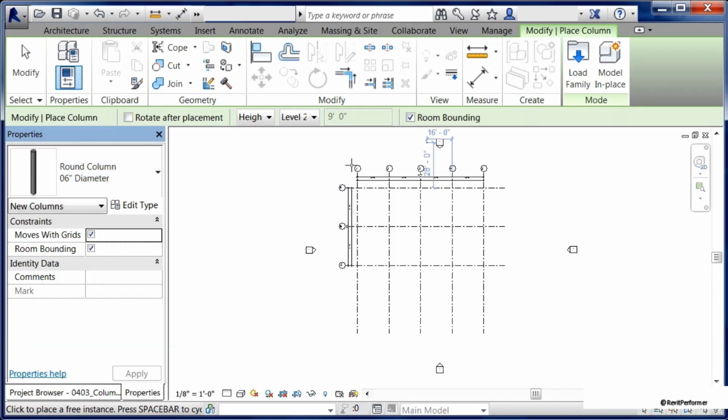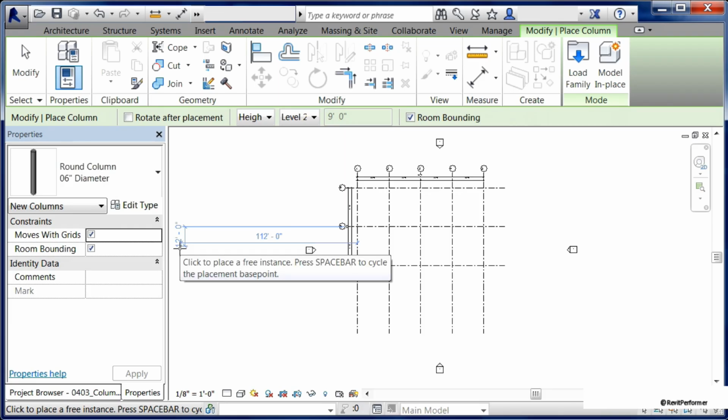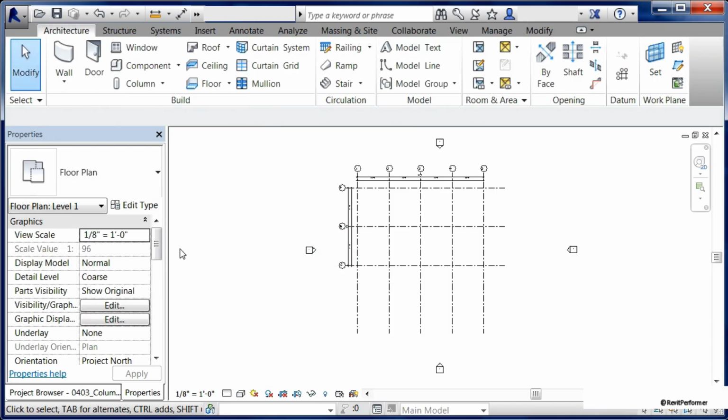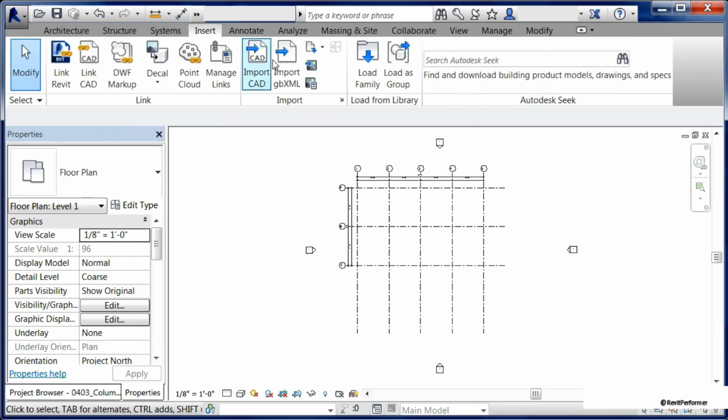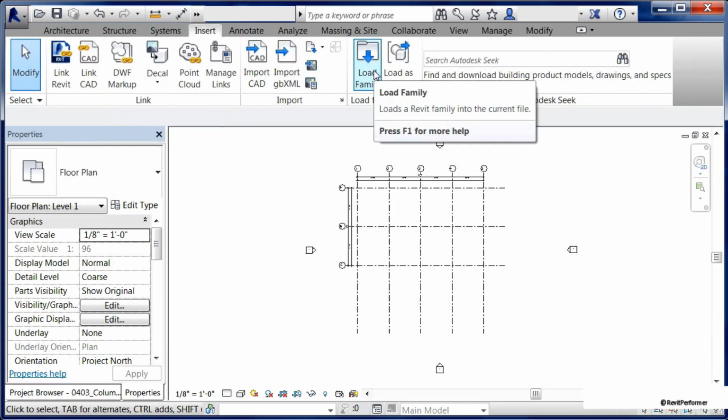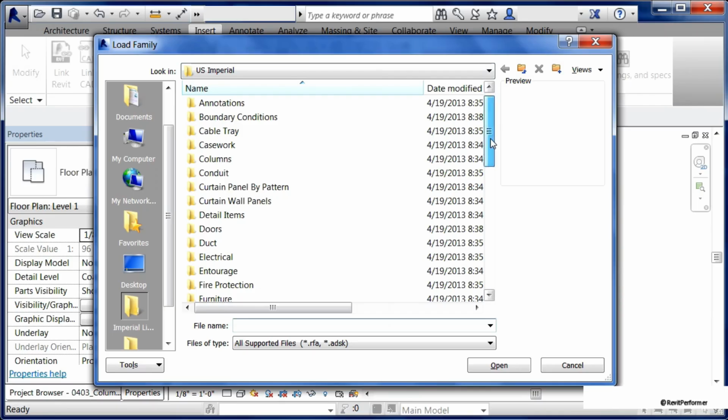Now, these were architectural columns, and if at this point I wanted to place them in, I could. But let's see the process of loading in our structural columns next. Hit Escape a couple times on the keyboard to get out of the command. Now technically we could have gone through that exact same process and selected Structural Column, Load Family, and then loaded in Structural that way. The other option, instead of coming through the command itself, is to come up to the Insert tab and simply select Load Family.